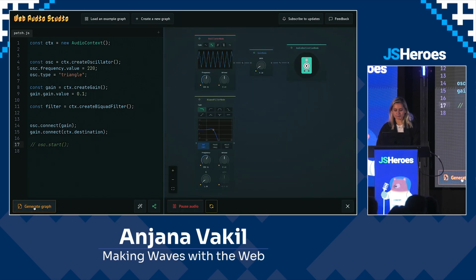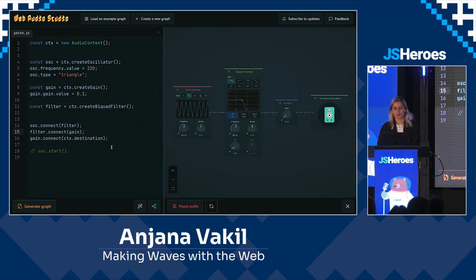Regardless, we're going to create a biquad filter node, and I'm just going to stop the oscillator for now. We've got a filter node. We need to connect it into things. So instead of connecting the oscillator directly to the gain, I'm going to connect it to the filter. And then I am going to connect the filter to the gain. And now we have them all set up. So let's try starting our oscillator and see if we can hear any difference. So we've still got our triangle oscillator. This is with a low-pass filter, and by default, its cutoff frequency is, I think, 350 hertz.